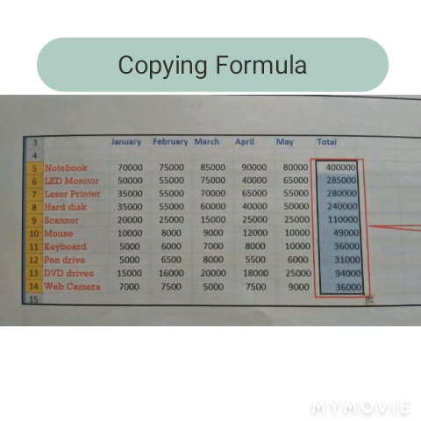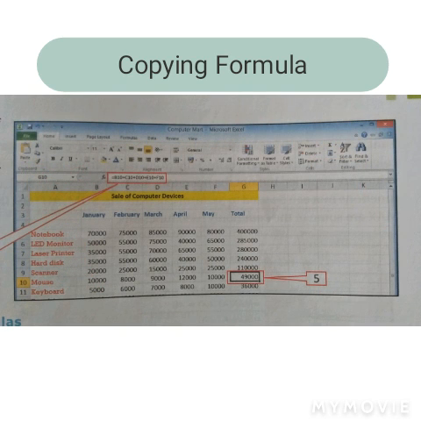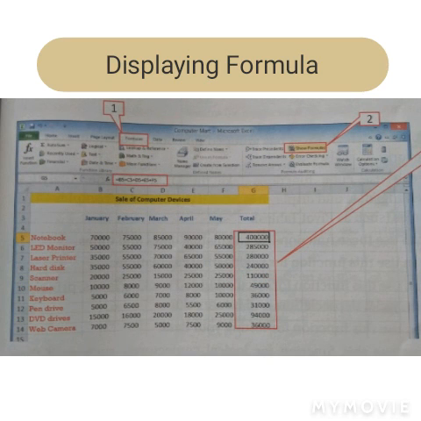Then click on the cell containing the formula you want to copy. Position the mouse over the bottom right corner of the cell. Drag the mouse when the plus sign appears, over the cells you want to receive a copy of the formula. To view one of the new formulas, click a cell that received a copy of the formula.